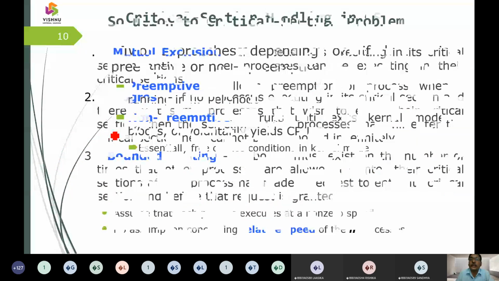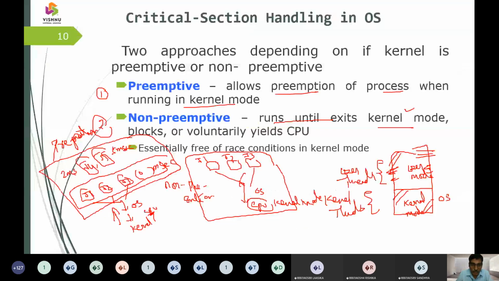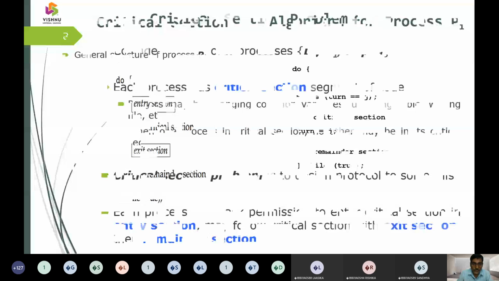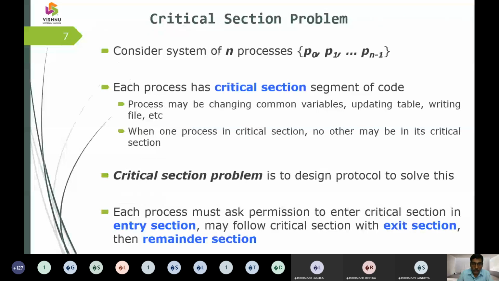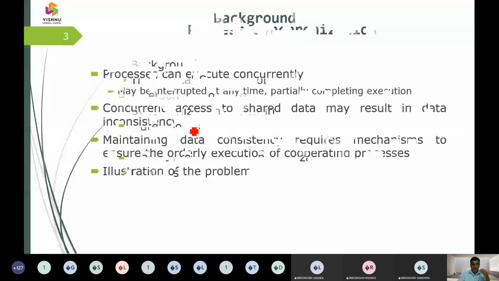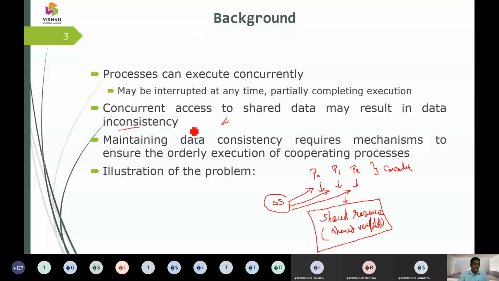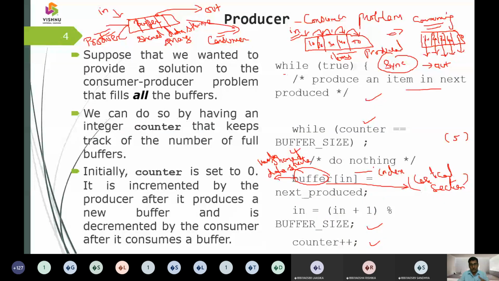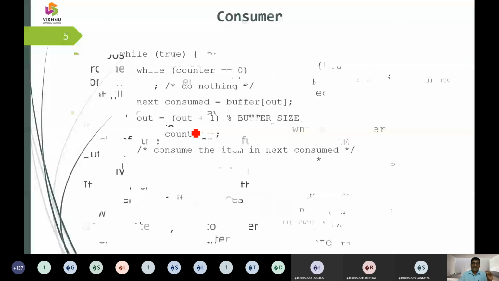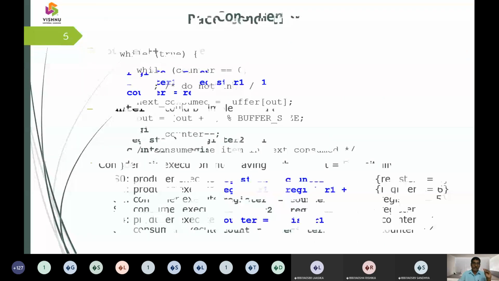So that is the takeaway from this first topic of critical section. The first topic is emphasized with the first word, concurrency: two or more events happening simultaneously at a time. We call that synchronous. A producer produces an item and a consumer consumes an item. When the item is produced by the producer, the consumer has to wait. When the consumer is consuming an item, the producer has to wait. So a synchronization mechanism has to happen, and that synchronization mechanism happens via the concept of critical section.